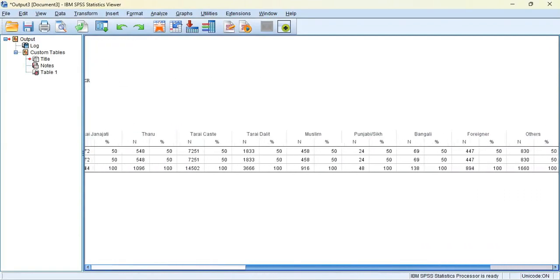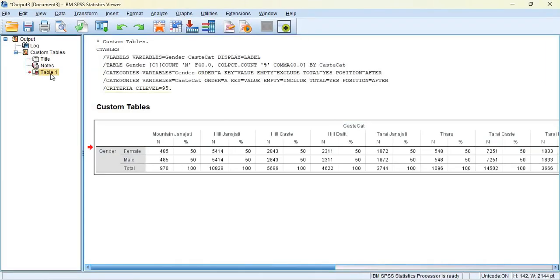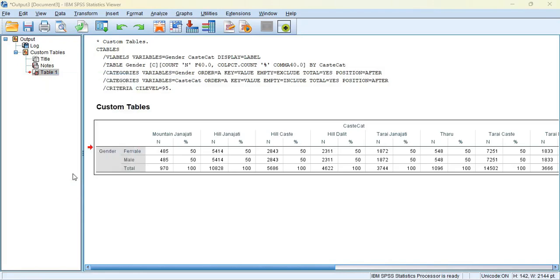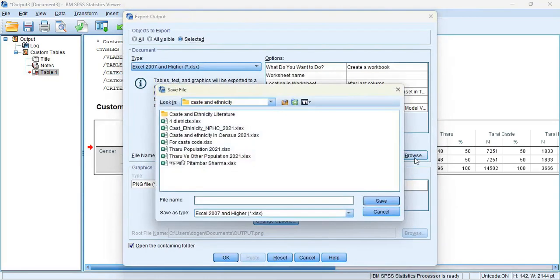see the result in the output file. And if you click on the table here and right click, then you also see the export, and just click on the export. And here I'm using the SPSS 26 version, and you can click on the browse wherever you want to save your file. Then you can name it gender and caste,